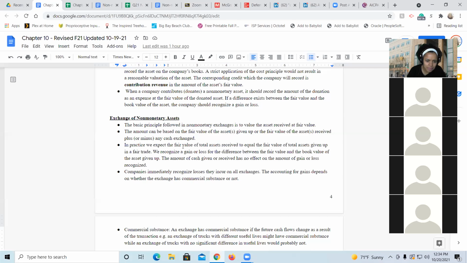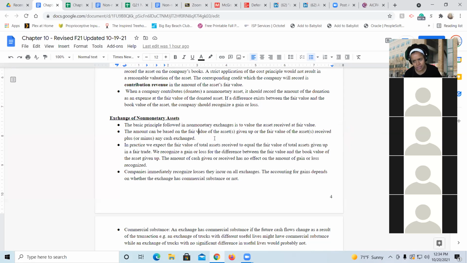So the basic principle followed in non-monetary exchanges is to value the asset that you receive. Because there's an asset you're giving up and there's an asset that you receive. You value the asset that you receive at fair value. Now, it's not always obvious what the fair value of the asset that you receive is going to be, so you'll sometimes have to use calculations and formulas to come up with that amount. So the fair value of the asset that you receive can be based on the fair value of the asset that you give up, or the fair value of the assets received plus or minus any